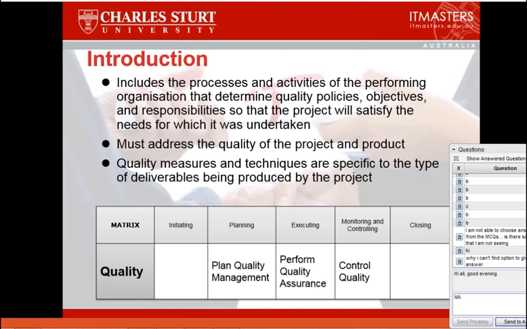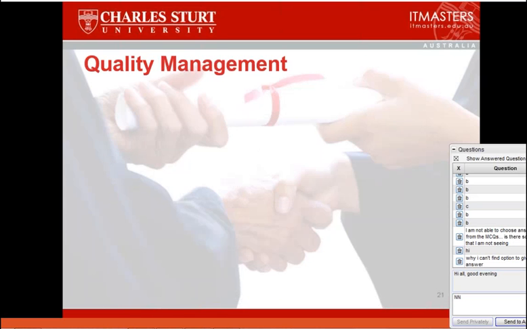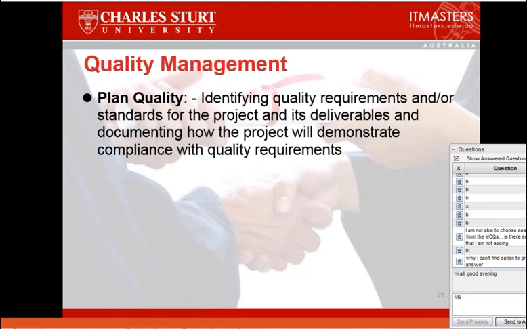This knowledge area has only 3 processes: plan quality management, perform quality assurance, and control quality. There is a lot of confusion out there in terms of the difference between quality assurance and quality control, and hopefully we can tease that out as we go through. So the actual processes, let's look at them very quickly. Plan quality, again, as before, is a methodological statement as to how we're going to manage quality as we go throughout the project. And we have to remember that there are 2 steps. One is determining the policies and procedures and any sort of measurements we're going to use throughout the project, and then how we are going to manage that for the rest of the project.